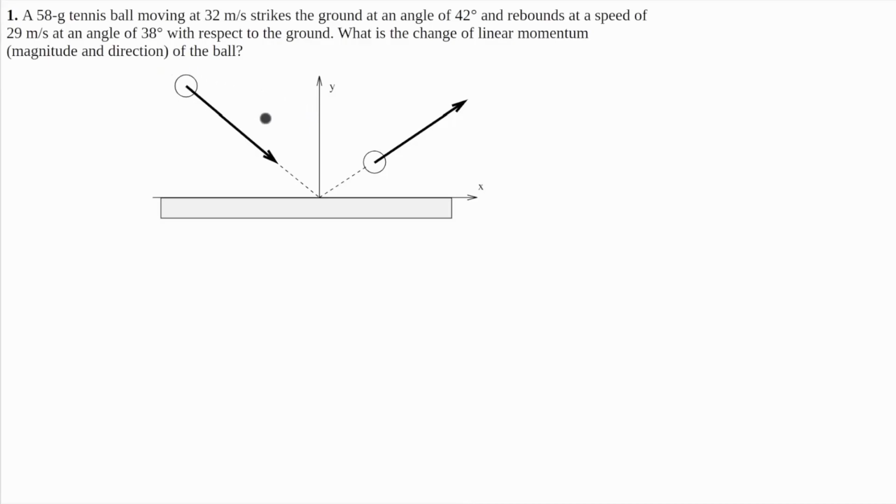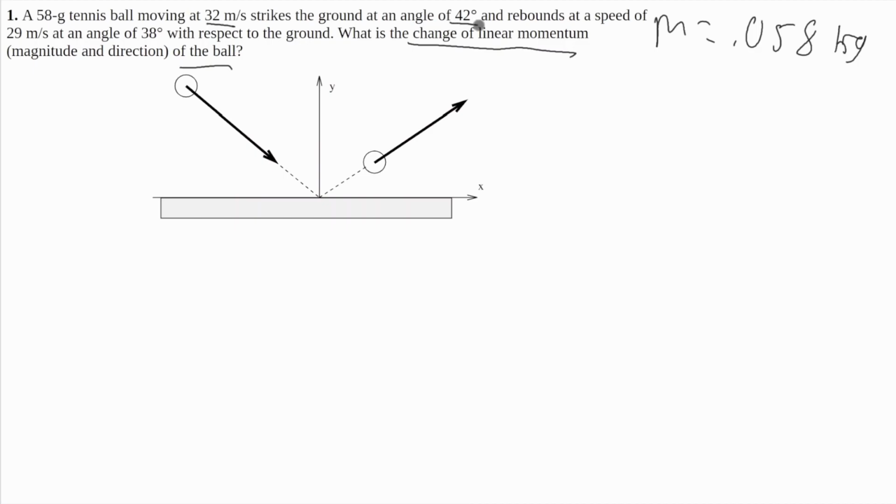Here's number one. It tells us that we have a ball that strikes the ground and it rebounds, and it wants us to find the change of linear momentum of this ball. Well, to start this problem, I'm going to write what I know, and I know its mass. So mass is 58 grams, which is 0.058 kilograms,